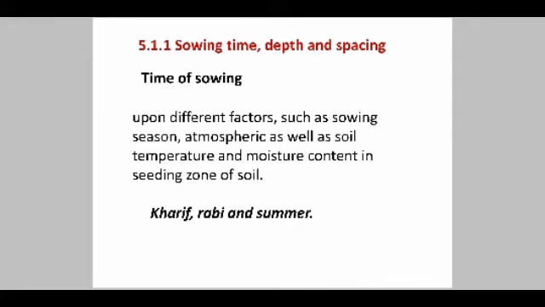The usual sowing time for Rabi is October to November. In certain cases, advancing sowing to September to October may be helpful to take advantage of the availability of soil moisture. Time of sowing for summer crops varies from January to February. For most of the crops it is preferably the first fortnight of January.